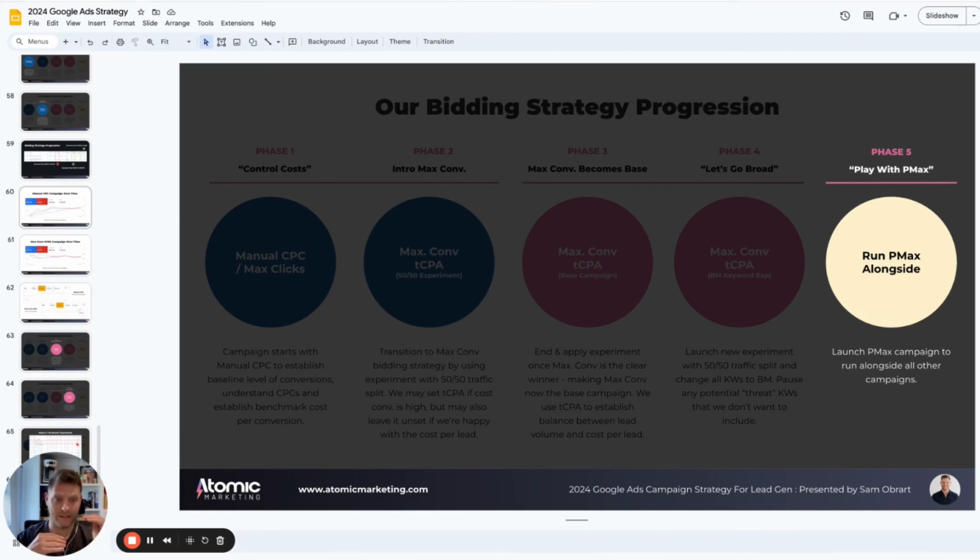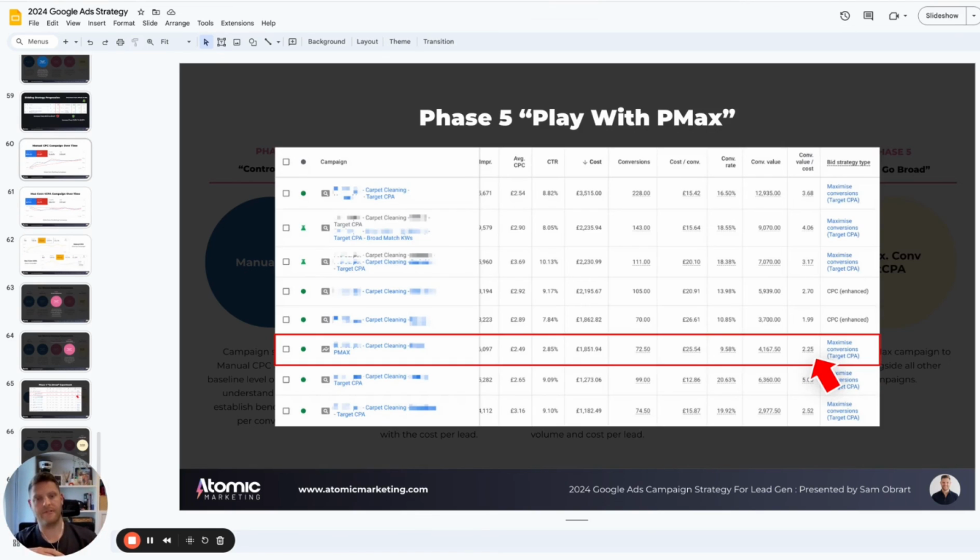And then finally, in phase 5, we have play with PMax. And this isn't necessarily a bidding strategy, but just something that we include is to launch a Performance Max campaign to run alongside other campaigns as well. And to do that, you can see here, this is one that we've launched in that same carpet cleaning campaign. We're not getting an amazing return from there, but it does produce some decent volume, and it's interesting to see